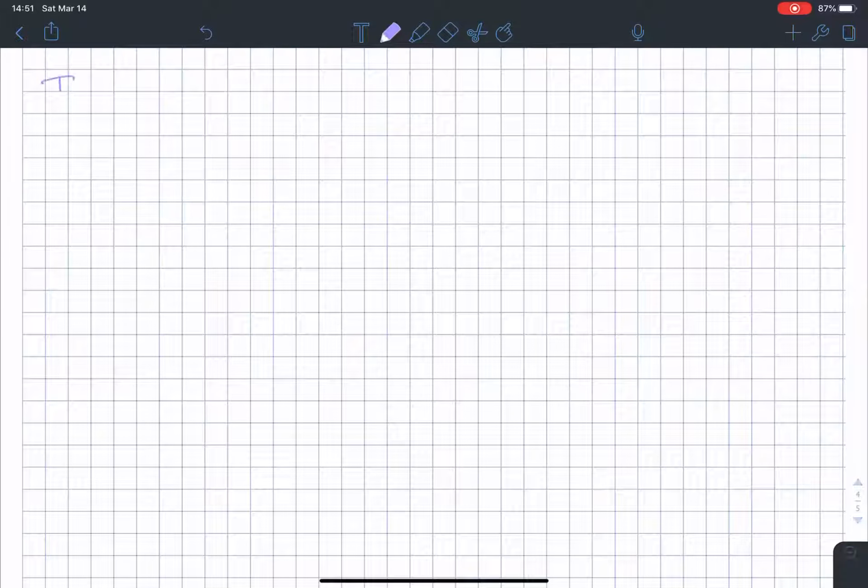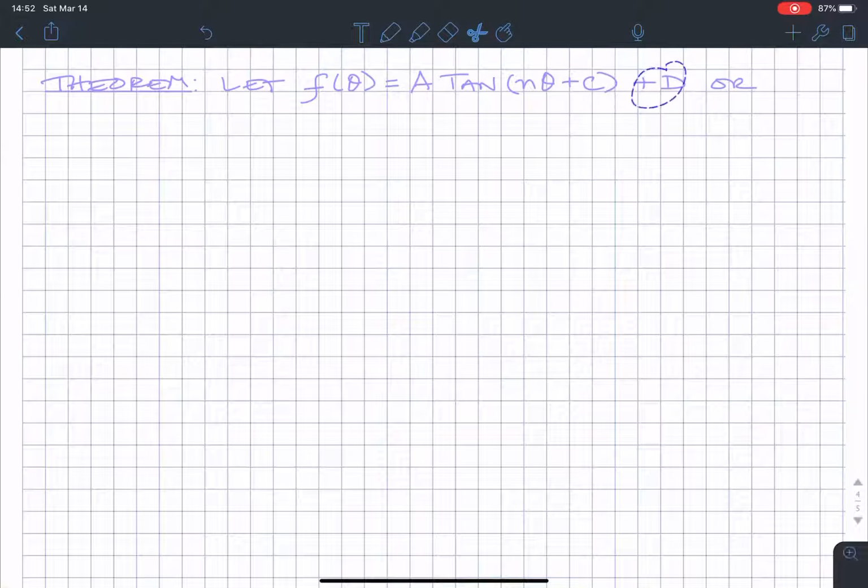Okay, so theorem. Let f of theta be equal to A tangent of the quantity n theta plus c, and on the outside plus d, or f of theta is equal to A cotangent of the quantity n theta plus c, and on the outside plus d. So then,